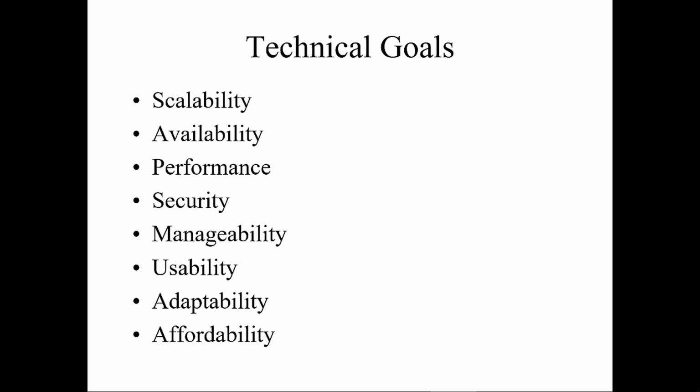So scalability is how much growth a network design must support. Availability is the amount of time the network is available to users, often expressed as a percentage of uptime, or as a mean time between failure, also known as MTBF, as well as the mean time to repair, MTTR. Availability goals can be documented in any monetary cost associated with network downtime. So there, the cost of the network downtime can be presented for an availability goal.